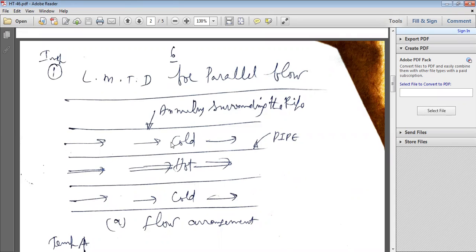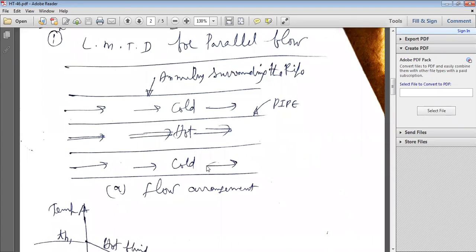Following the same lines, similar lines, you can derive the equation for the counter flow heat exchanger and cross flow heat exchanger. All of you try those two derivations by taking the help of textbooks or any other help. So all of you do the derivation on your own for the remaining two heat exchangers. Now I'll give the derivation for LMTD for parallel flow heat exchanger. In the final exam, if they ask to derive the equation for LMTD for a parallel flow, counter flow or cross flow heat exchanger, okay? So log mean temperature difference.